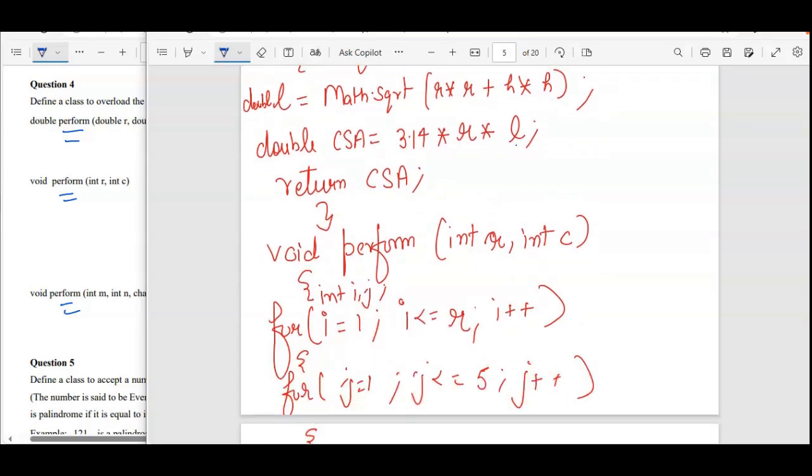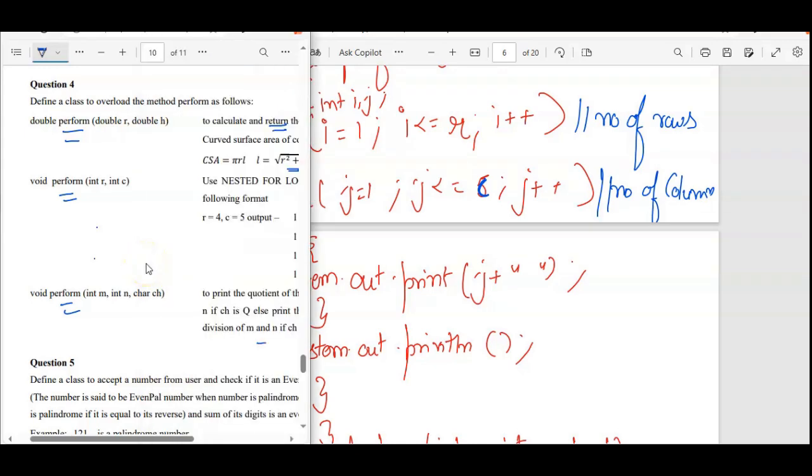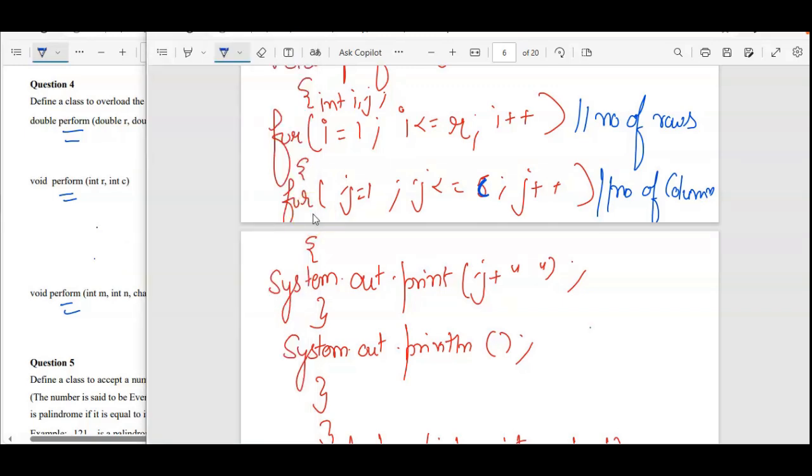The second one is the pattern programming. So the first line is for the number of rows, and the second one is for the number of columns. So for column also, see, I made this mistake. This is C only because the value is not fixed. Okay, R and C are given for rows and column. So first loop is for number of rows, second loop is for number of columns. The values which you are displaying, the constant only. So yeah, so that is fine, completely fine.